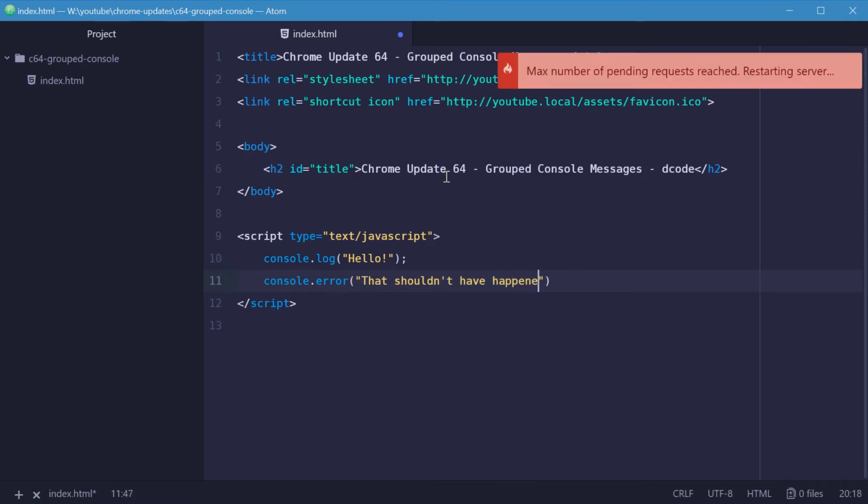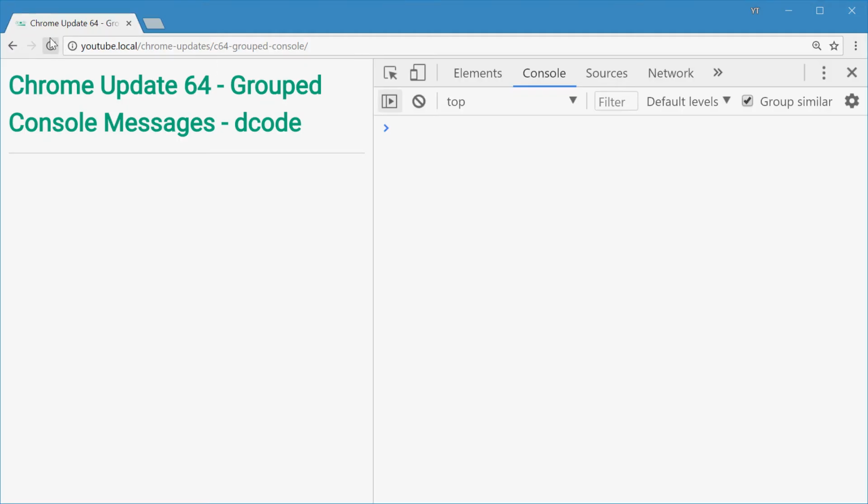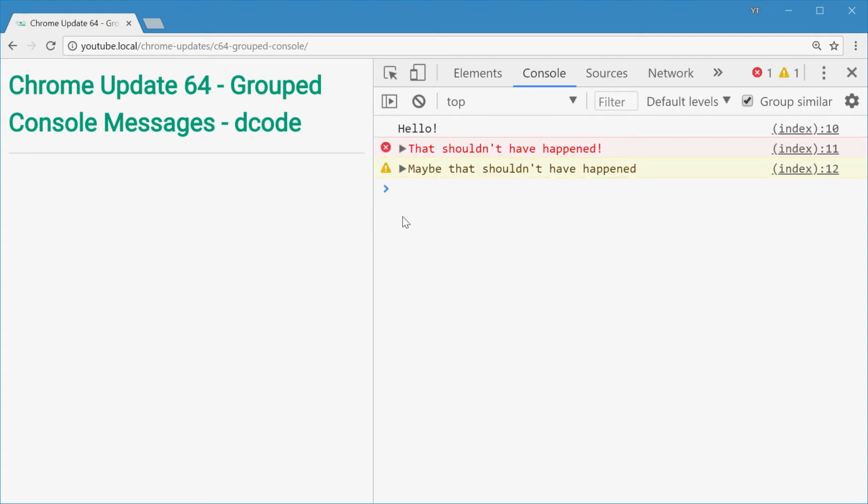Alright, I'm also going to do a warning, so I'm going to use console.warn for that one. I'm going to say maybe that shouldn't have happened. Alright, so we've got these three messages out on the console right now. If I save this, go in the browser, and then refresh, we get those three messages in the console, just